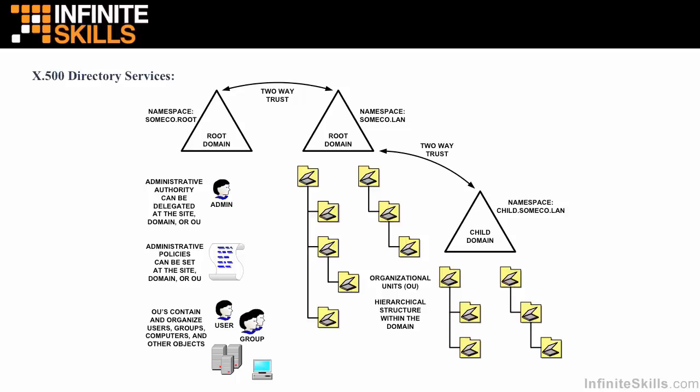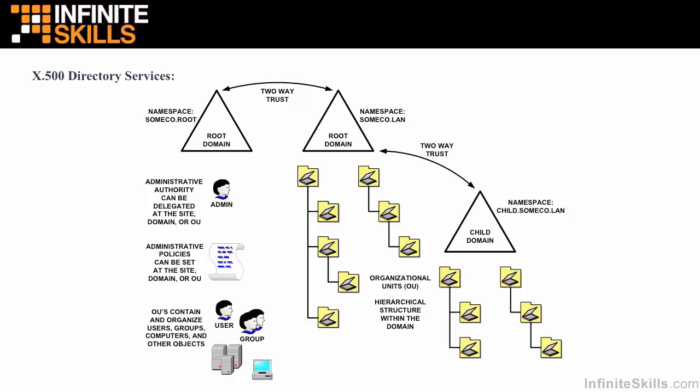So what we see here is a root domain, and basically this domain is very often left empty with just a few administrative accounts and a few administrative computers, servers, if you will, domain controllers. But other than that, this typically remains empty, but it establishes the environment, the enterprise networking environment, directory services environment. And then we spawn a second top-level domain called a root domain. And this first top-level domain is where we might begin to start populating the domain with users and computers and other types of objects. And within that